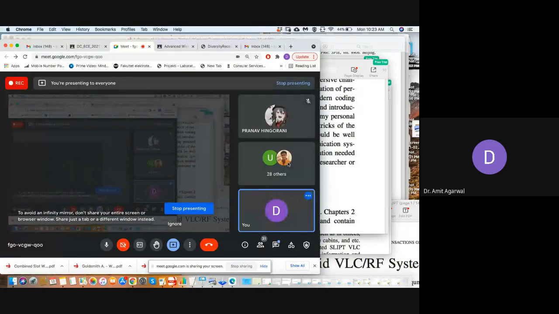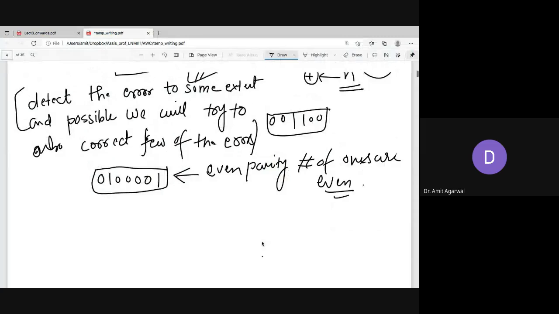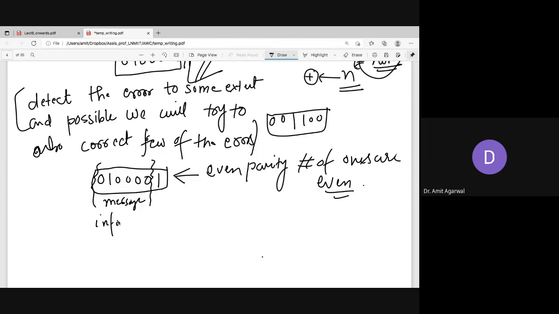You can ask, sir, we only add a bit, we don't change the coding we have done. Correct. So suppose, for example, the source encoder gives up to this point. This is your message, this is your actual information. Now you add something in such a way that you can exploit this structure at the receiver, and if this structure is somehow corrupted by the noise,